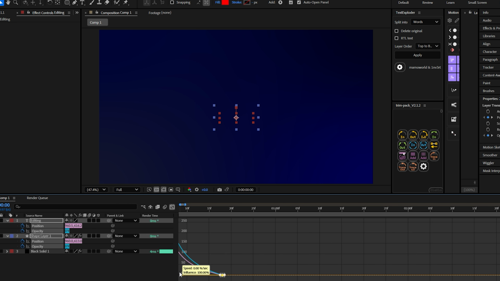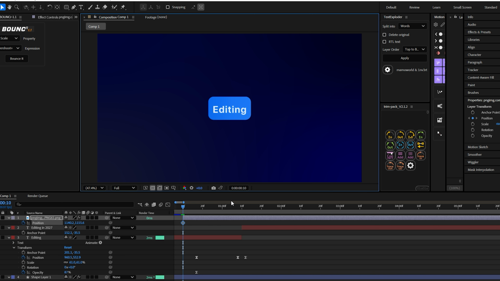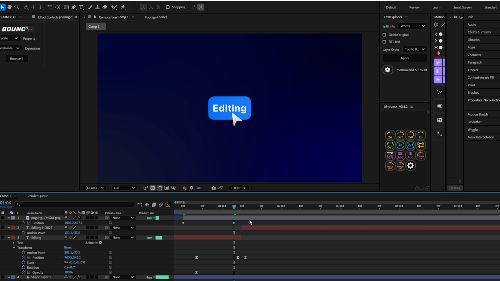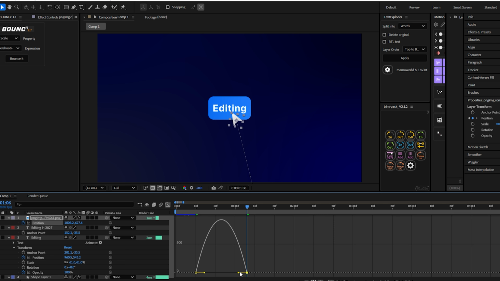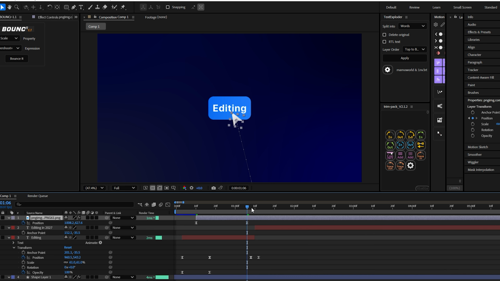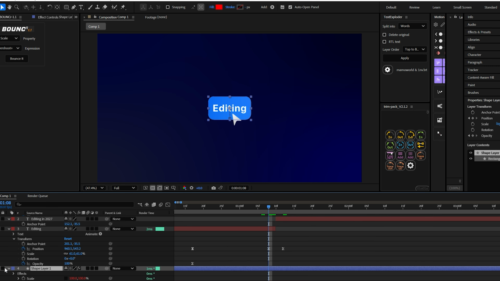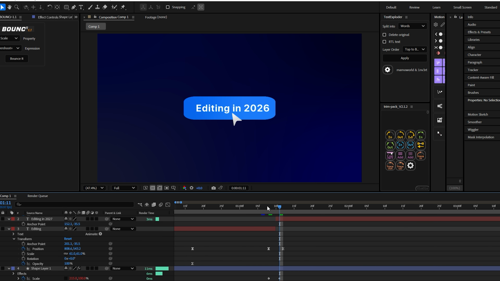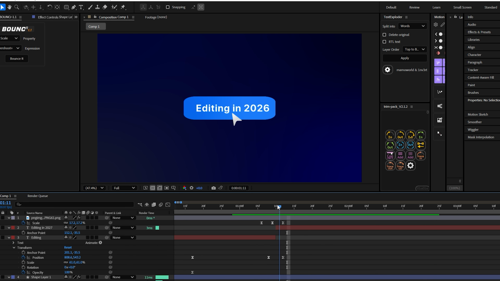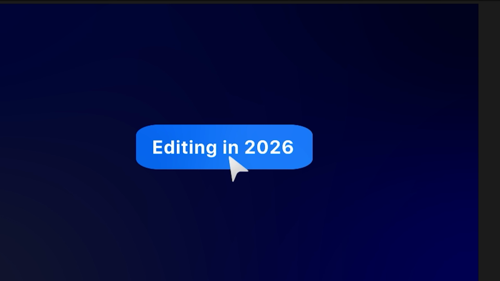Let's move on to the cursor. Download the cursor and keyframe its position out of the frame. Then go forward, apply the keyframe and set the position where you want. And to click a button, make a scale keyframe on the cursor. Go forward and scale it down. And again apply the first keyframe, and while it's clicking we need the button to be scaled up. Make a scale keyframe on the button and go to the frame where the mouse is clicking. Then scale up the button, and finally here's what we get.